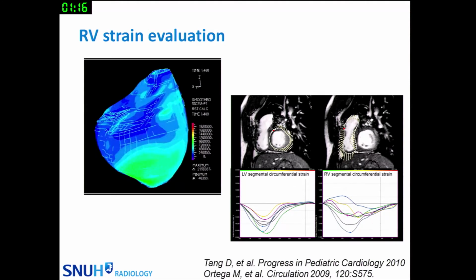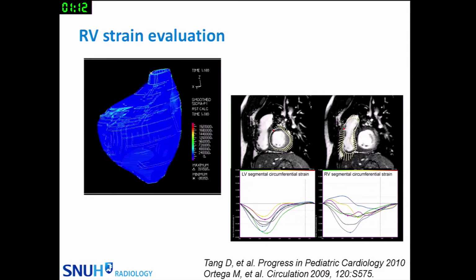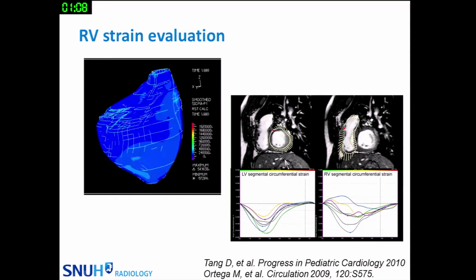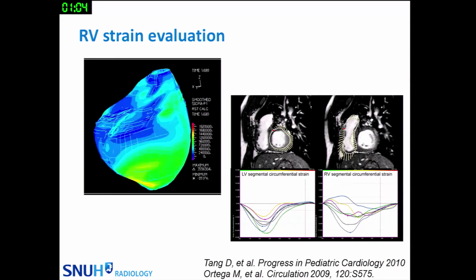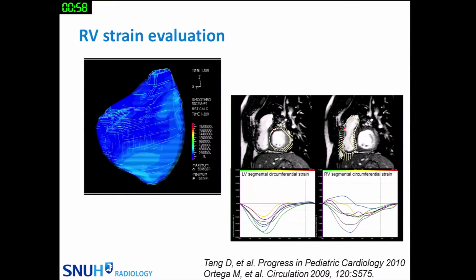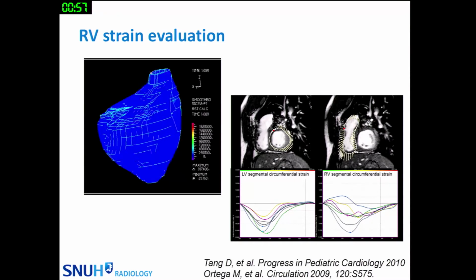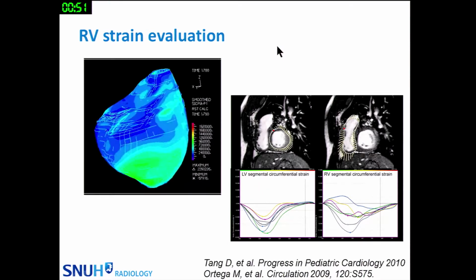And this is LV strain evaluation. This is quite experimental, but this is taken from usual MR images, not tagging or some very complex imaging process. It just uses very usual cine images, and they track some speckles on that and make this kind of strain images. And the echo can also do this, but for the LV side, maybe MR is better at showing